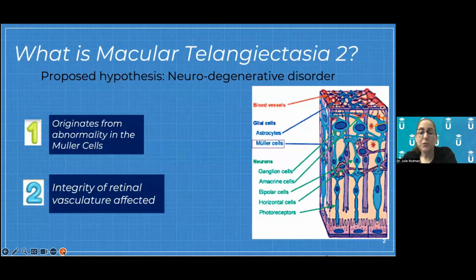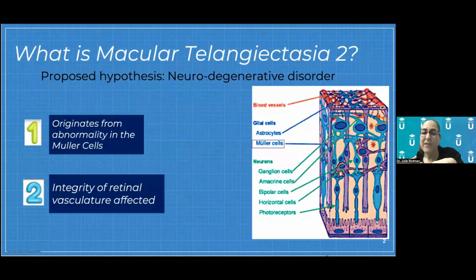So to give you a really quick synopsis of macular telangiectasia, this is an abnormality that originates in the neurosensory retina. When you look at the anatomy here, we're not going to go through all the detail, but I circled this box around Mueller cells because this is actually an abnormality of the Mueller cells that live in the neurosensory retina. The Mueller cells are what help to keep our blood vessels and all the contents of the neurosensory retina intact. They provide structural integrity to the blood vessels.